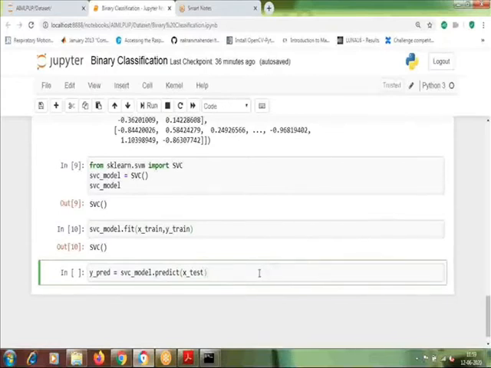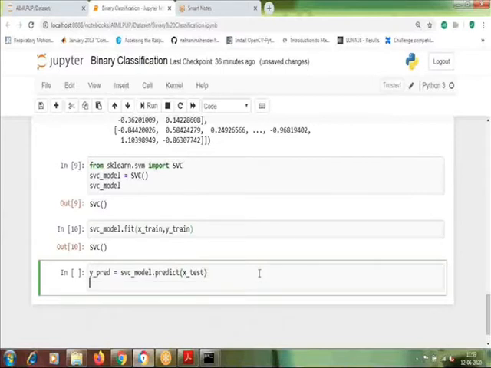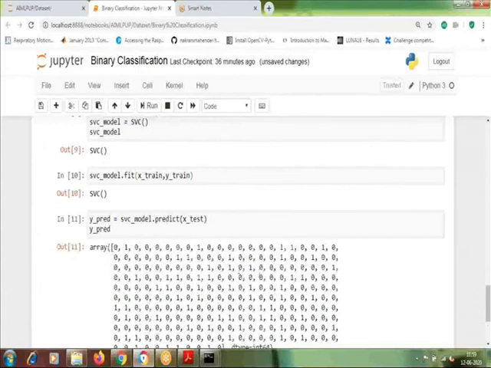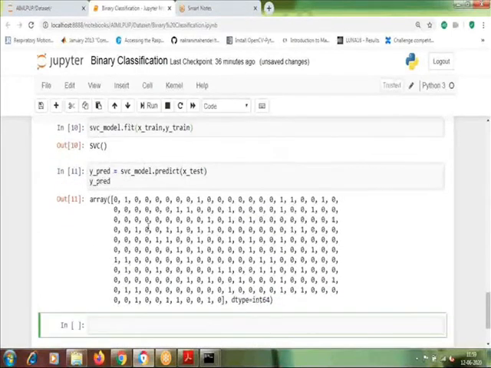So this will predict the output for our test data set. So I'm going to just print out the result. So it has predicted zeros and ones, that is whether for that particular row diabetes is there, or whether that patient doesn't have diabetes.